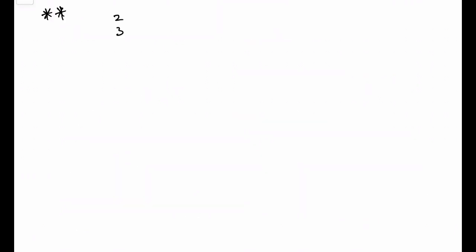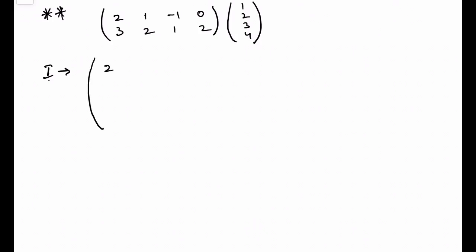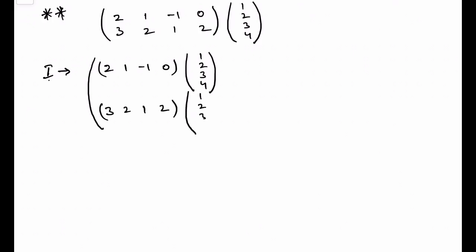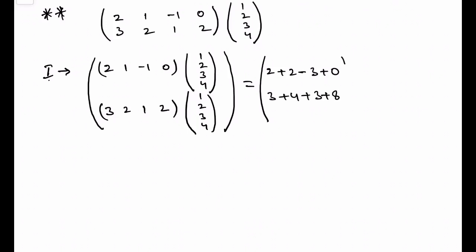So if we multiply a matrix with rows (2, 3, 1, 2) and (minus 1, 1, 0, 2) with a column matrix (1, 2, 3, 4), we can do it in two ways. So the first method is to just multiply the first row with the column matrix, and then the second row with the column matrix, and we will get 2 plus 2 minus 3 plus 0, 3 plus 4 plus 3 plus 8,